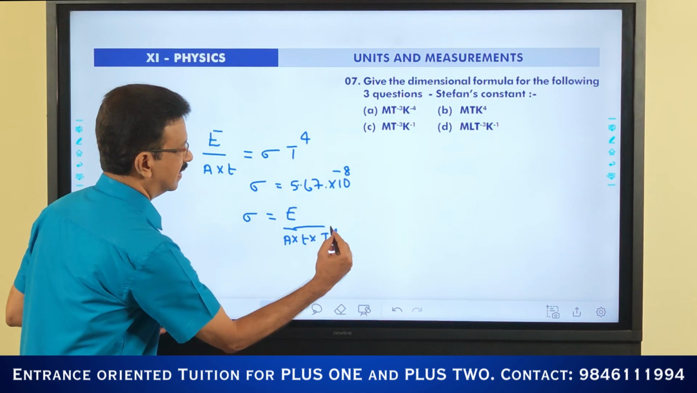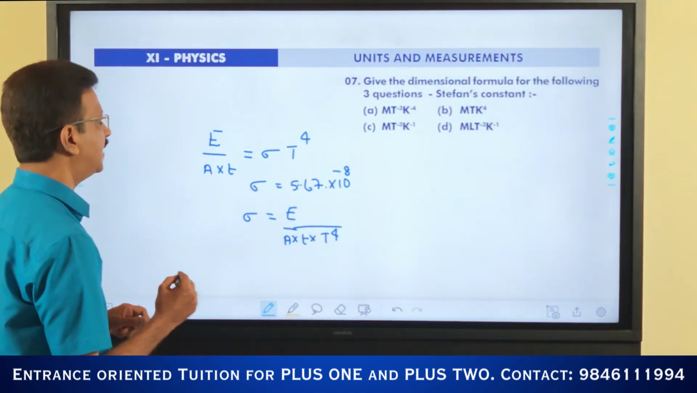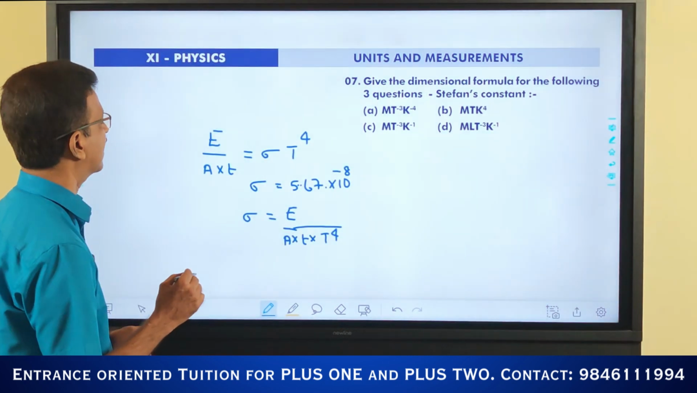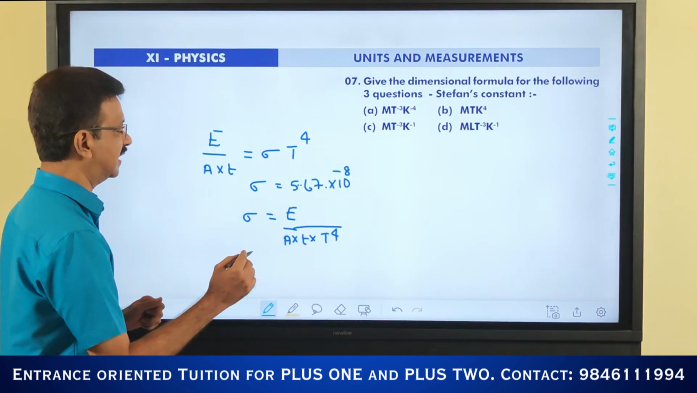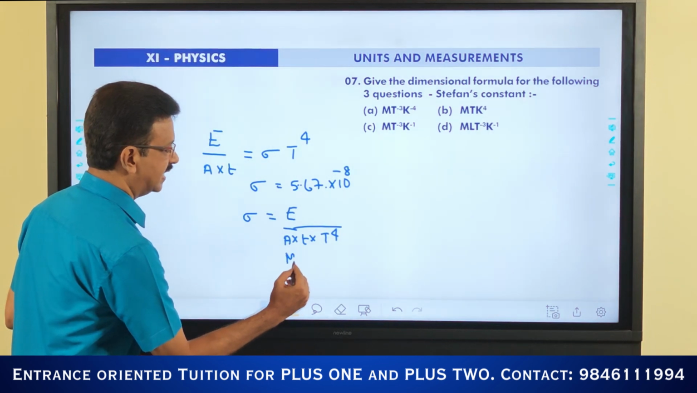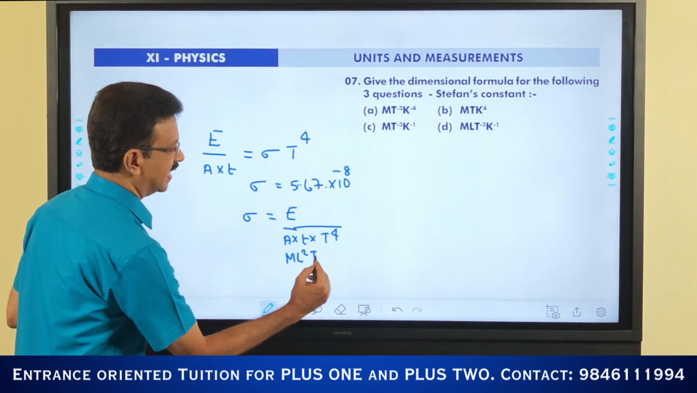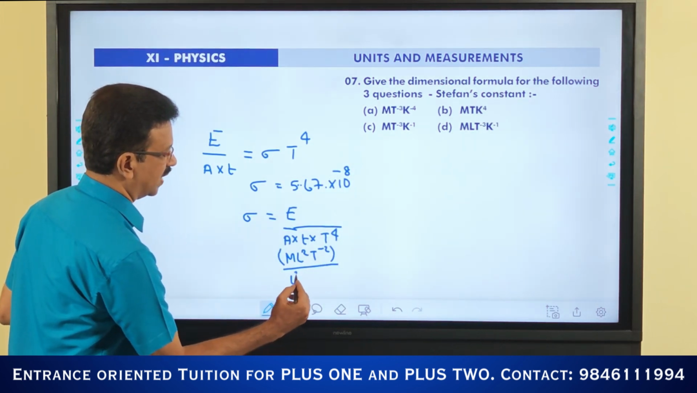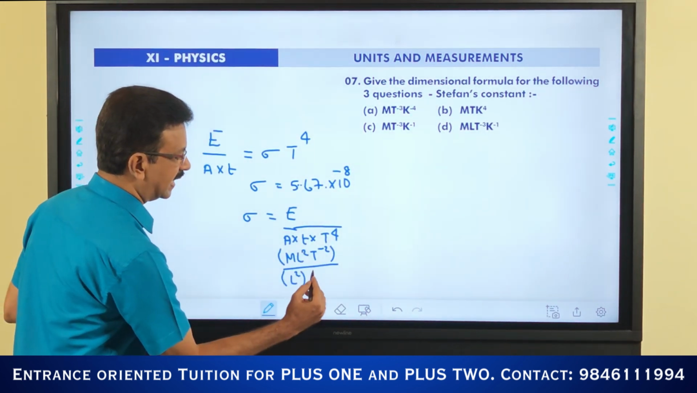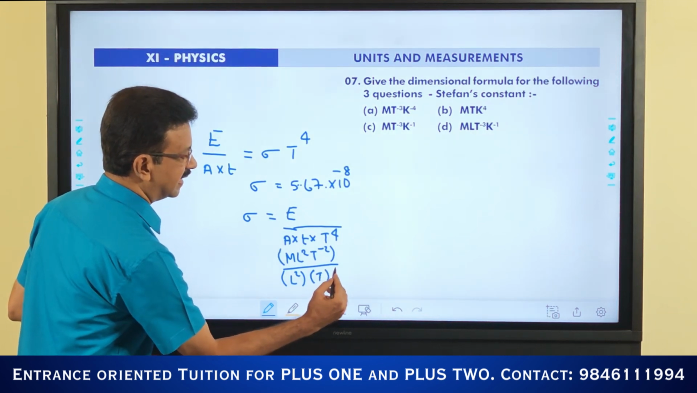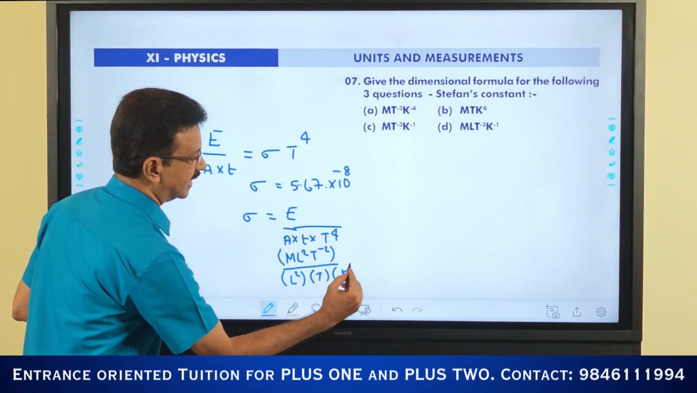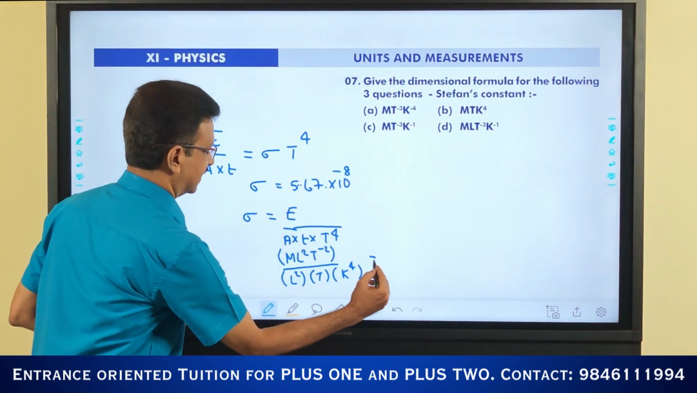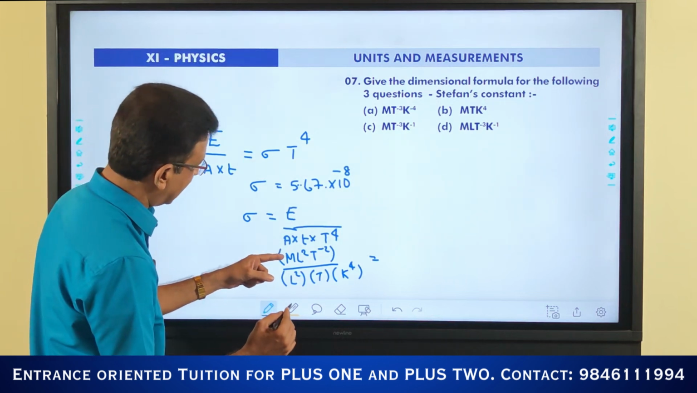Or comes at the denominator side. Then energy per unit area per unit time divided by temperature raised to 4. Now, the dimensional formula for energy is M L square T raised to minus 2. Then for area, L square. Then for time, capital T. Then for temperature, K or theta raised to 4. Therefore, here the answer is M,